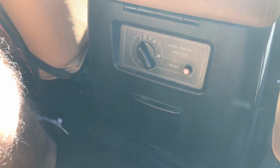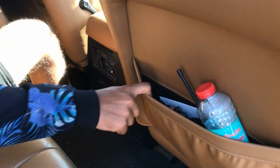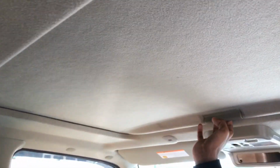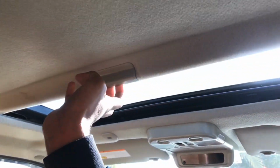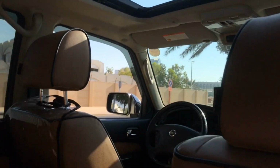Here we have the AC controls in the very middle, analog, very old style. We have a small door bin, and stuff fits really tight. As you can see, the headliner is cloth. It's not Alcantara or anything else, not even leather, just cloth. And it's got a single sunroof. It's manual, there's no automatic. At least the glass is automatic, I guess. Nissan's really tried to keep the old style and the analog